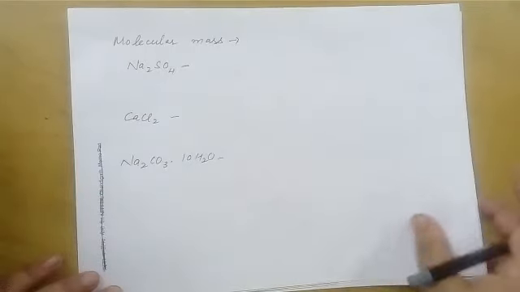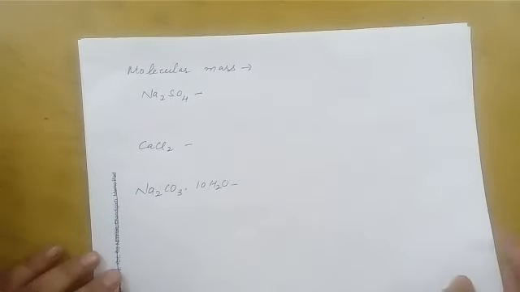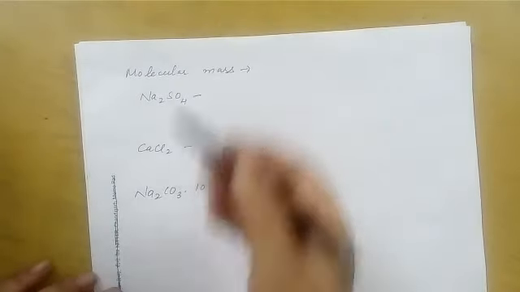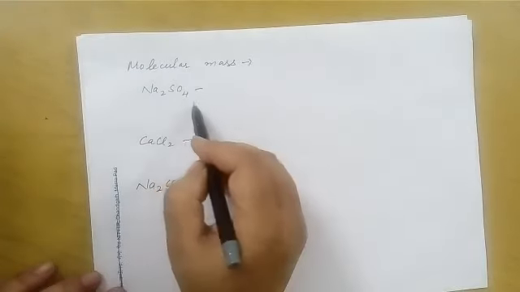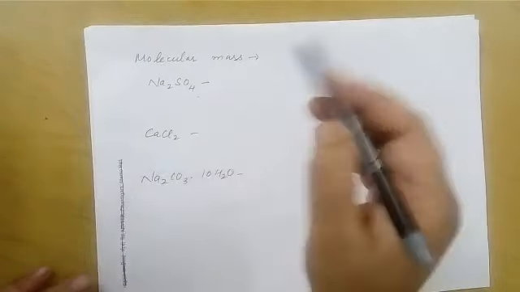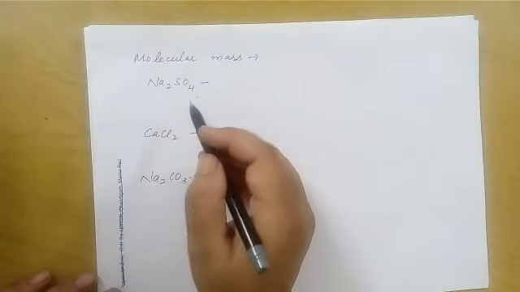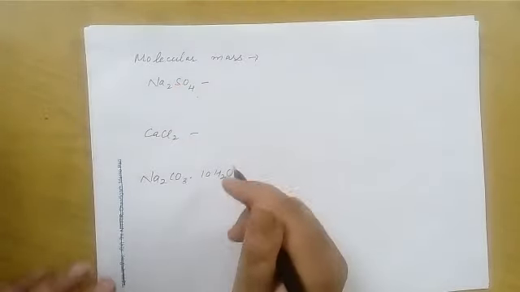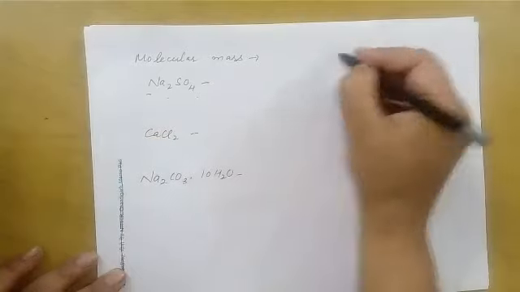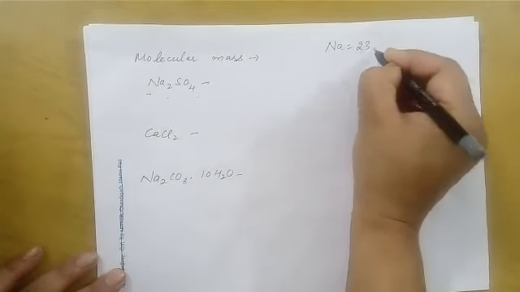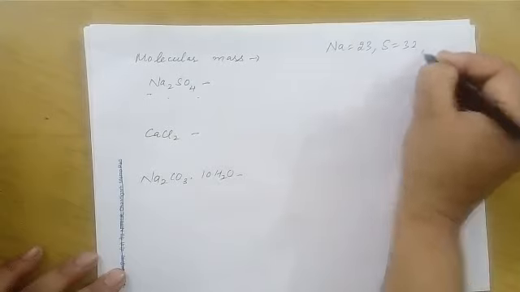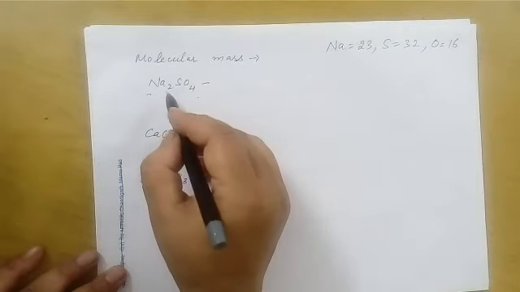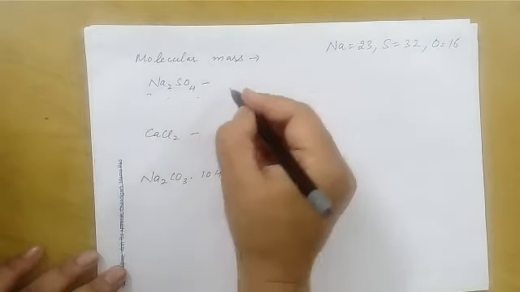Now children, now you know how to find the molecular mass, gram molecular mass or relative molecular mass of a compound, one molecule of a compound. Let us take some examples. First of all, let me go for sodium sulfate. Remember one thing, you are always going to be provided with atomic masses of each and every element. So no need to worry about that. So if it is sodium, you are going to get sodium 23, sulfur 32, oxygen 16.